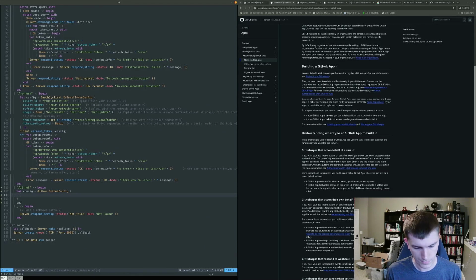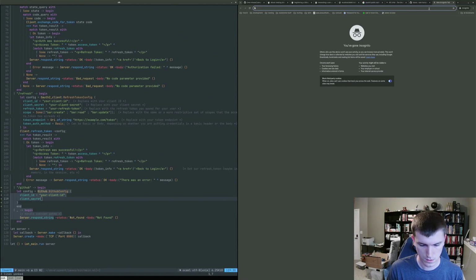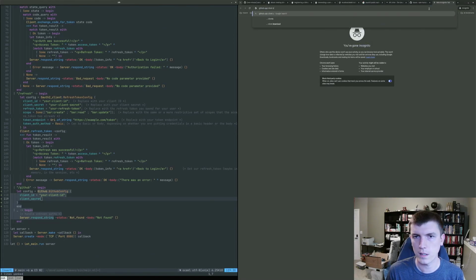And I want to have their client ID. I should actually have created a GitHub issue so I can see what stuff's in there, but client ID equals your client ID, and I assume there'll be a secret. GitHub app client secret.